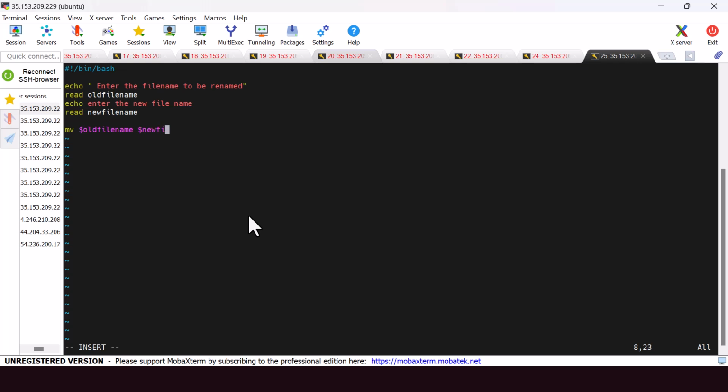Okay, what I'm trying to do here, I want to rename a file, so I want to use a script. As soon as it runs the script, it will ask what is your old file name, and it will read it. And new file name, it will read it as a variable. One variable is old file name, one variable is new file name, and I'm running a command mv old file name to new file name, and then I can say echo